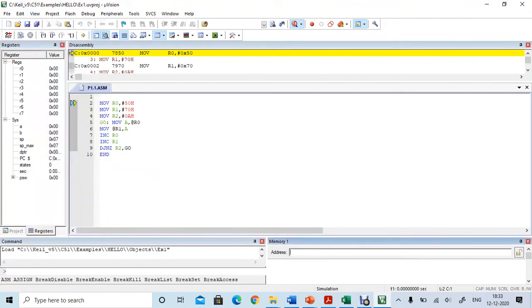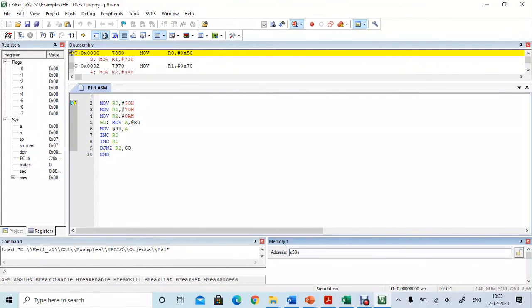So you will be getting the memory window. Here you have to type the address of that memory location. In the program we are having 50 to 59H location and 70 to 79H location, which is internal memory. So we have to type the letter I, then colon, and then the address 50H.